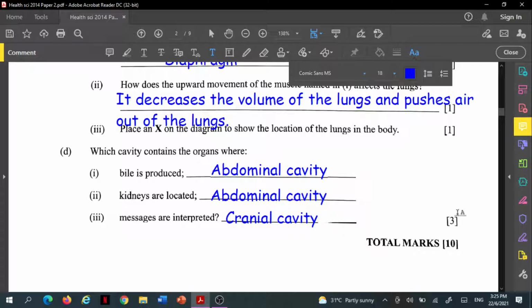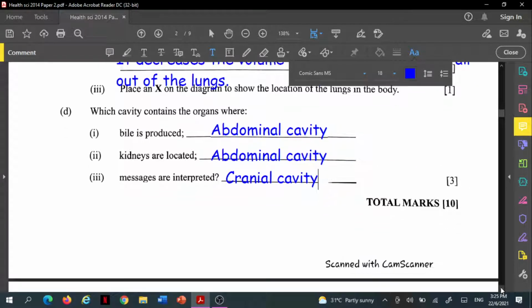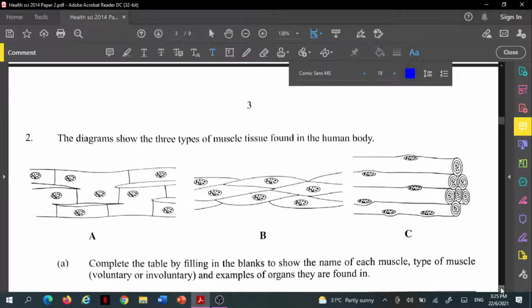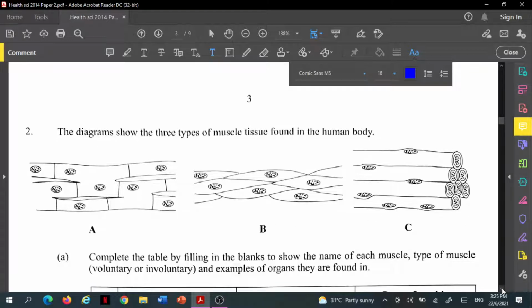All right, great. So now jump on to the next question. This question is question number 2. The diagrams show the 3 types of muscle tissue found in the human body. And so you have muscle A, B, and C. Complete the table by filling in the blanks to show the name of each muscle, type of muscle, whether the muscle is voluntary or involuntary, and examples of organs they are